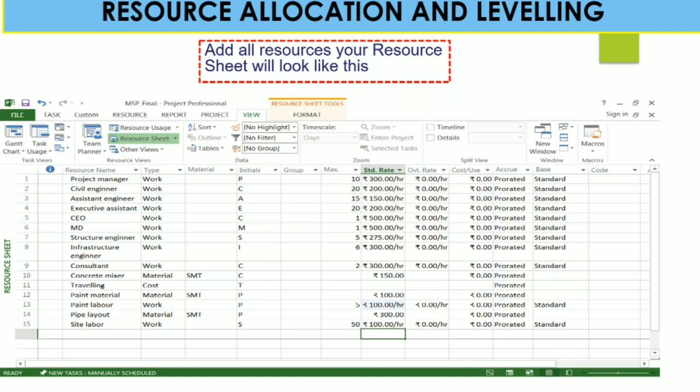So you have to add each and every resource name like this, give a type such as work, material, or cost, initials, the standard rate for that particular resource, and the overtime rate, cost per use, accrue at, base calendar, and all such things based on your project requirement. Moreover, columns will give a quality work data sheet.